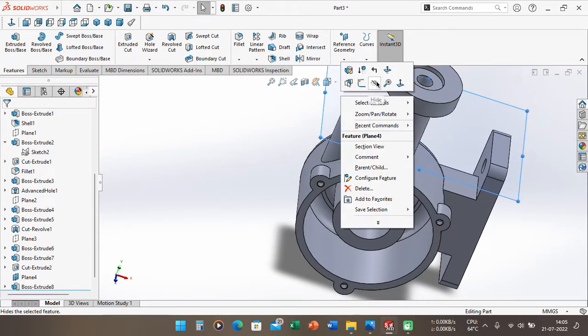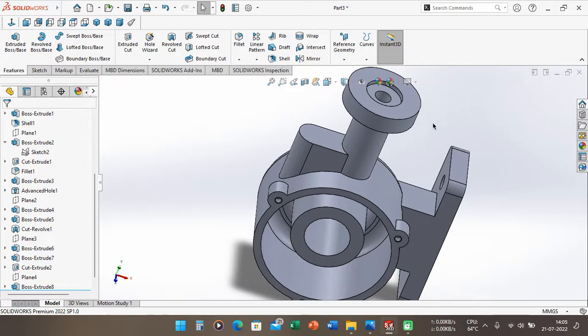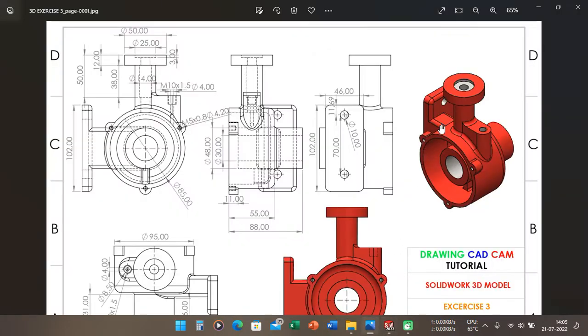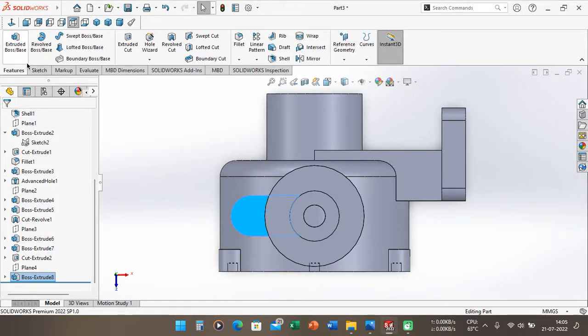We can hide this plane, and I want to make this hole with the type of this hole being M10 multiple 1.5, and we can change this tapping width to be 8 millimeter. So we can go to hole wizard and choose advanced hole here.